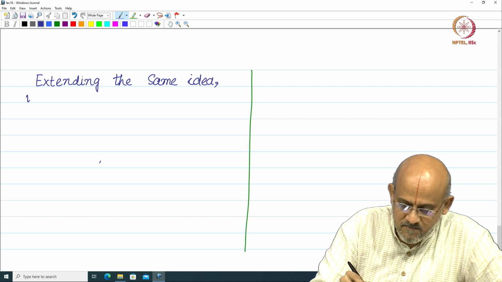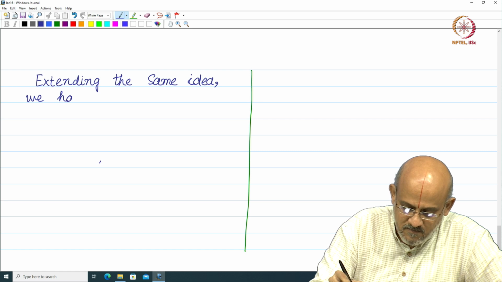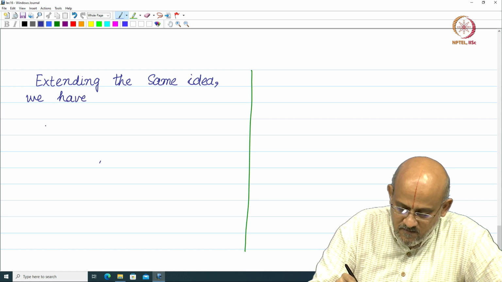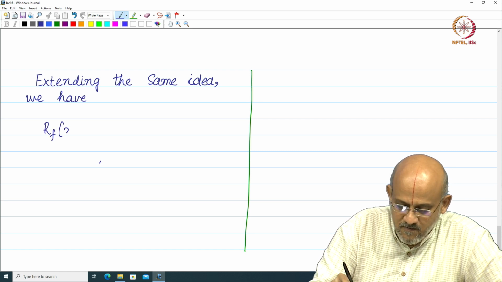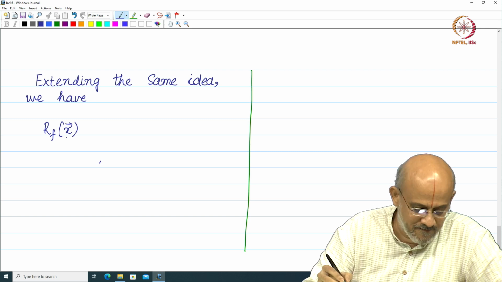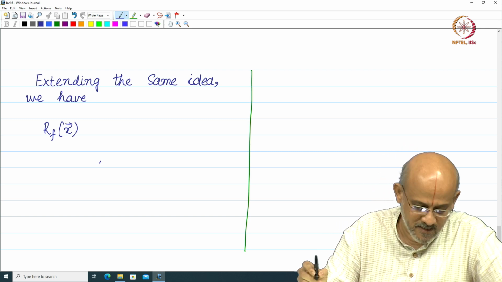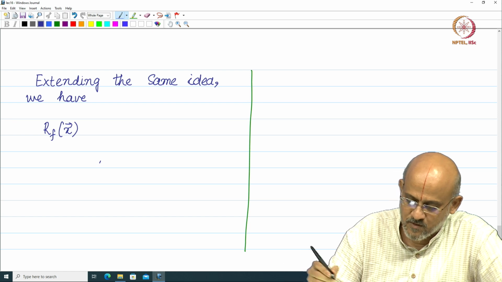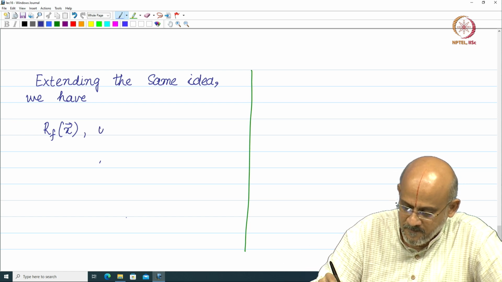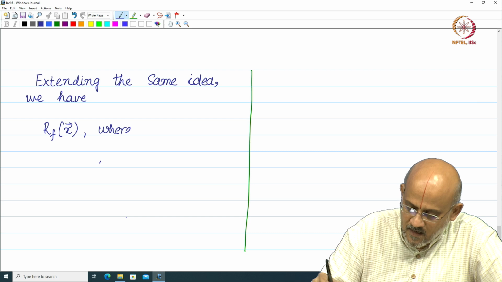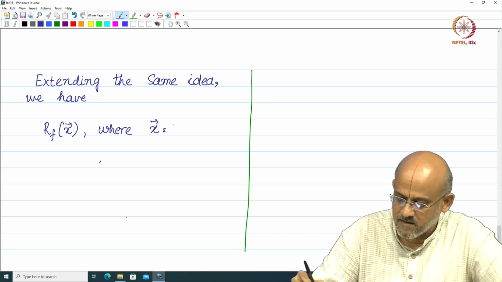We have the reflection of a point x about a line passing through the origin and in the direction of, let us say, a vector u. So, the reflection of x, where the x vector is this,